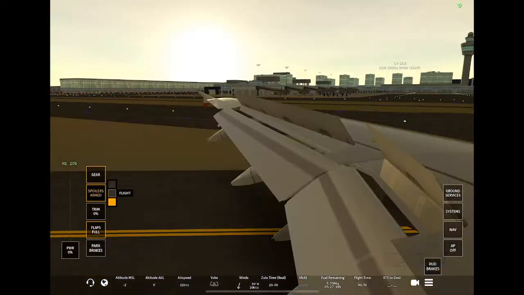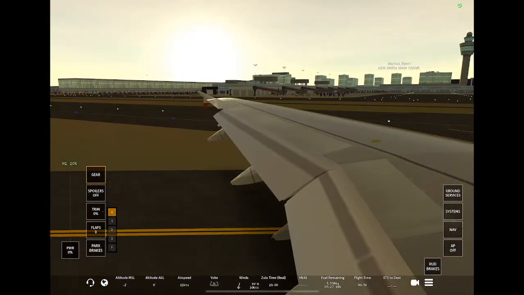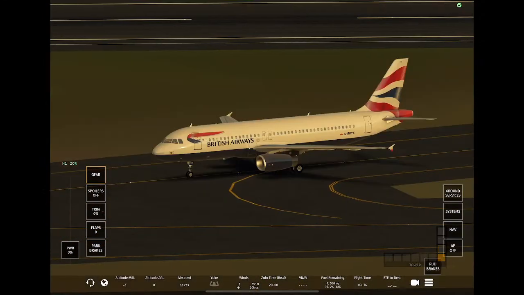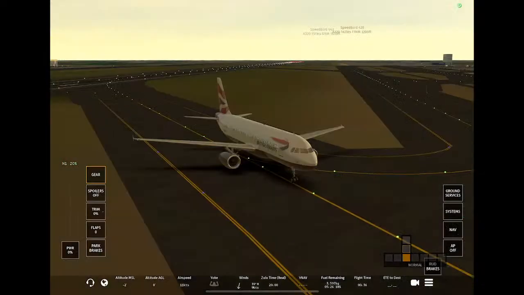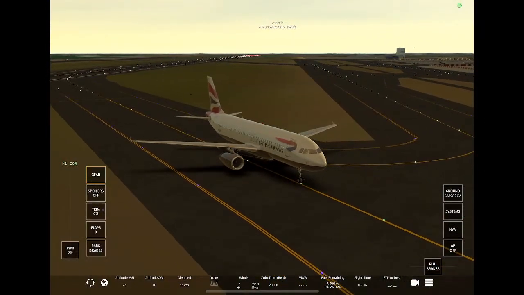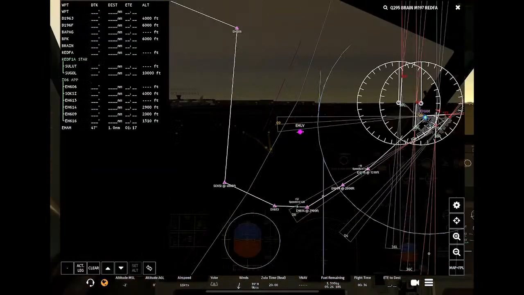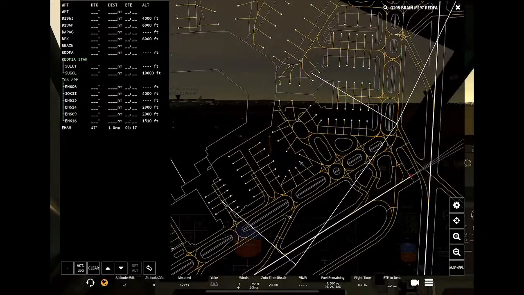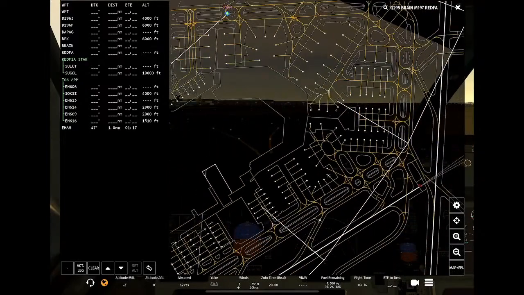So we generally come back to a nice stop. So now we're going to de-arm the spoilers. Spoilers retracted. And clean up the flaps. At this time the landing lights and strobes can come off as well, and we will taxi to the gate. Don't forget, we still have to look at the landing for Jinko and Atomic as well, so we're going to be doing that at the same time. So we're going to taxi right and then to this gate over here, which is going to be gate